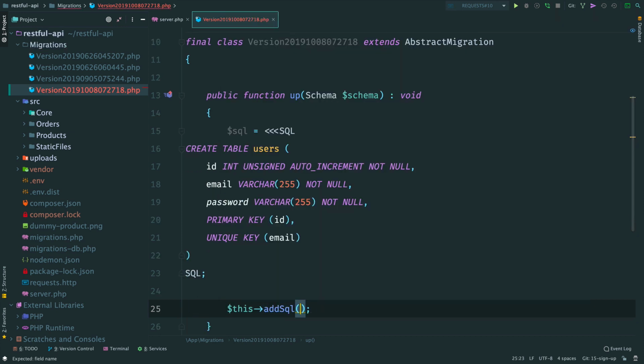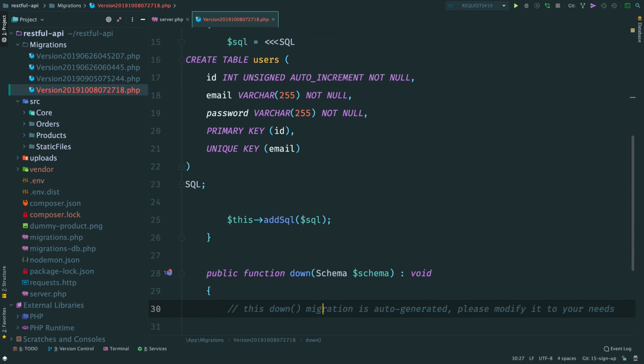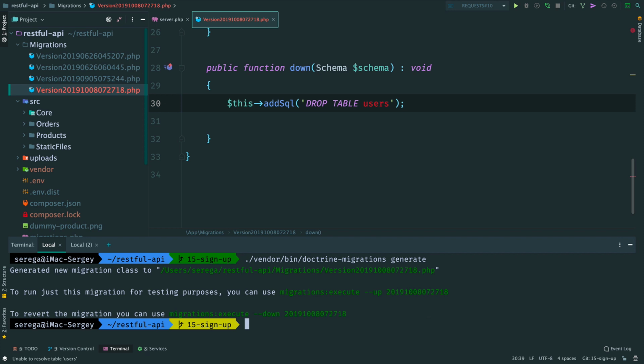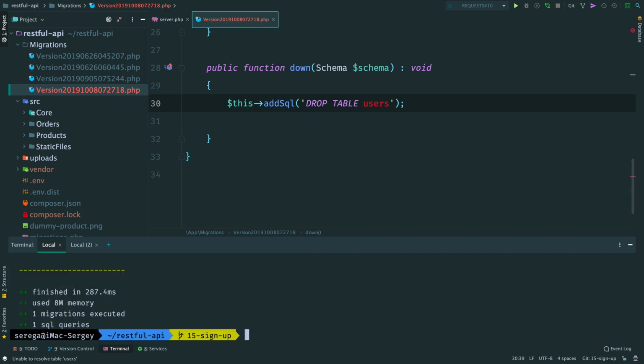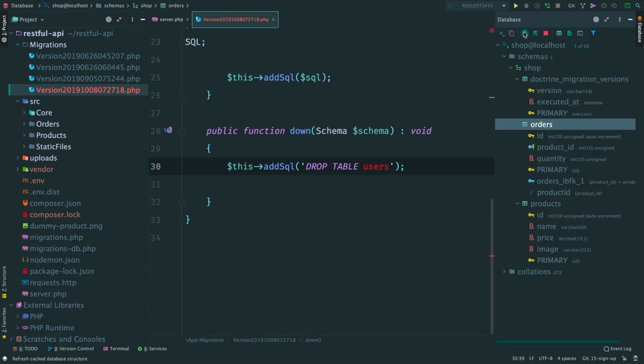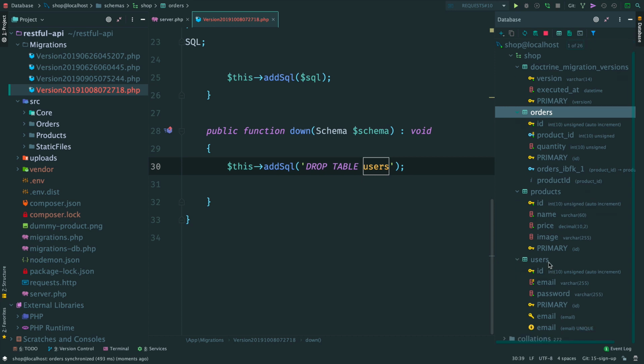Then call this addSql with our query. In method down we drop table users. Okay, the migration is done. Let's apply it. Run doctrine migrations migrate. Refresh the tables, and here it is, our table for storing users.